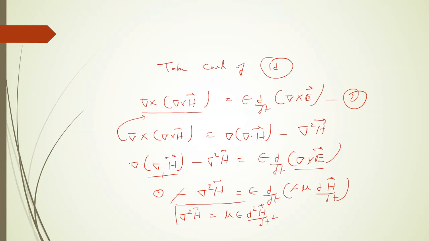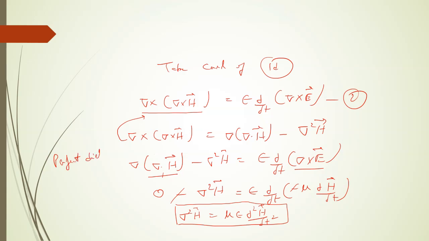So this is the wave equation in terms of magnetic field intensity H. Last time the same equation was there, just instead of H we derived E: del square E equals mu epsilon curly square E by curly T square. So this is the wave equation in terms of magnetic field intensity H for a non-conducting medium, or for